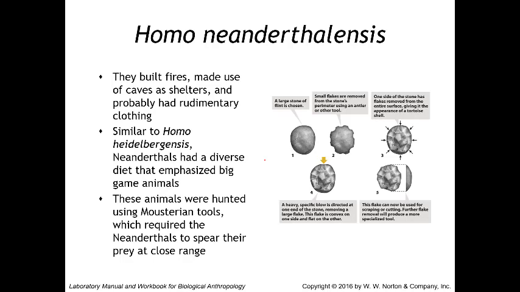Similar to Homo heidelbergensis, Neanderthals had a diverse diet that emphasized big game animals. These animals were hunted using Mousterian tools, which required the Neanderthals to spear their prey at close range. So this brings us to the next thing. Spearing large animals at close range is a very risky hunting technique. Along with other